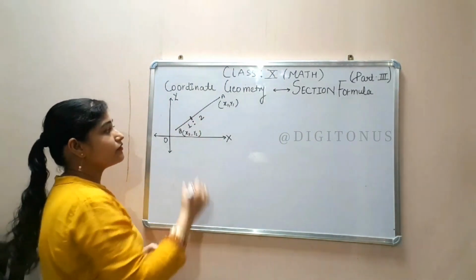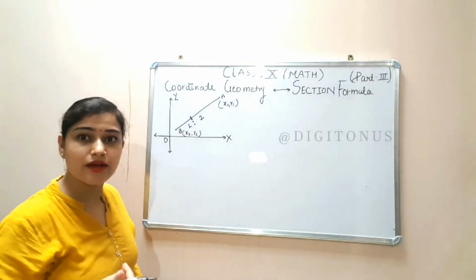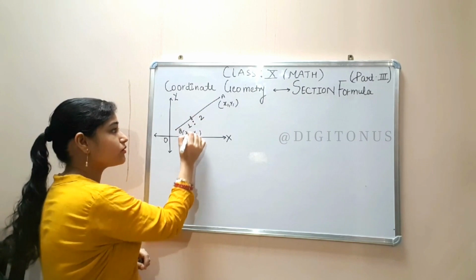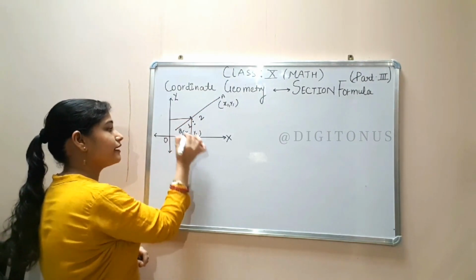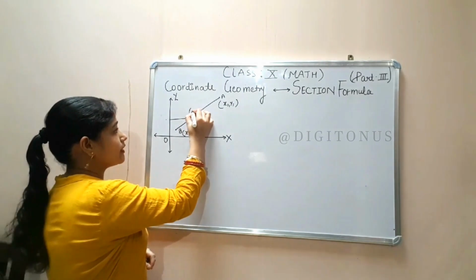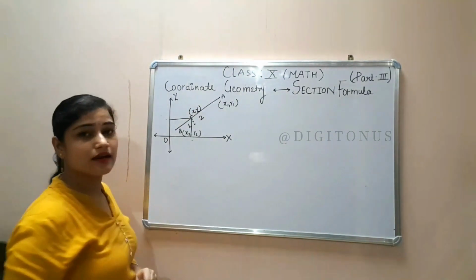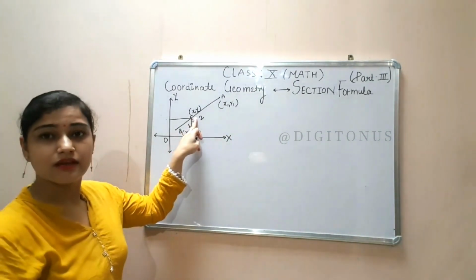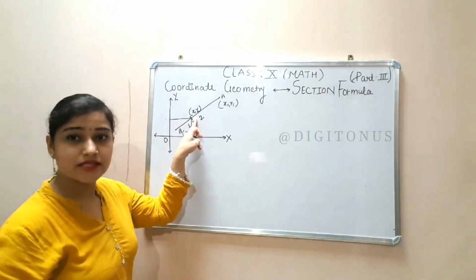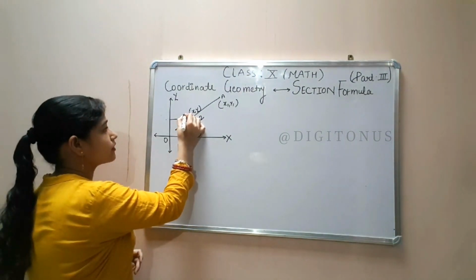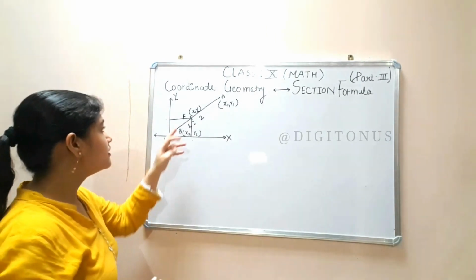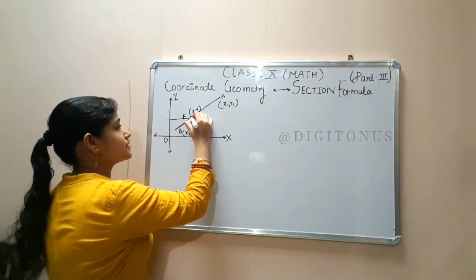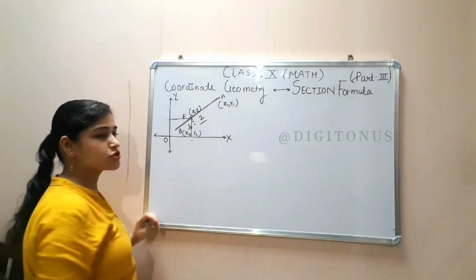So where we will place that flag, it will also have coordinate points. When we are placing something here, it will definitely have some coordinate points, it will have an x and a y. So I am taking the name of these coordinate points as x and y. These are x1, y1, x2, y2, and the point where I have placed the flag I am naming F because I have placed the flag, and the F coordinate points I am taking as x and y, and this distance and this distance ratio I am taking as 1:2.